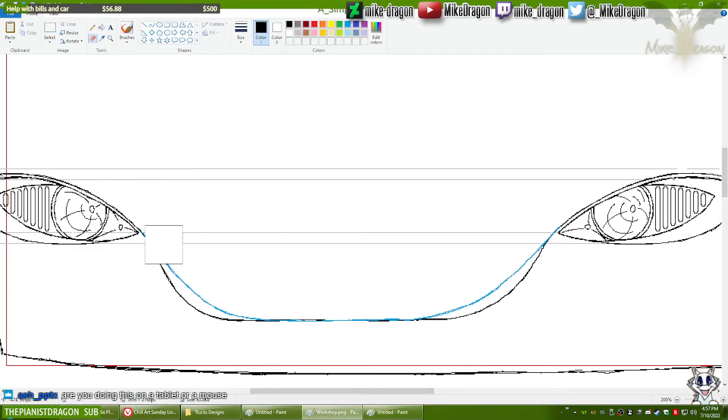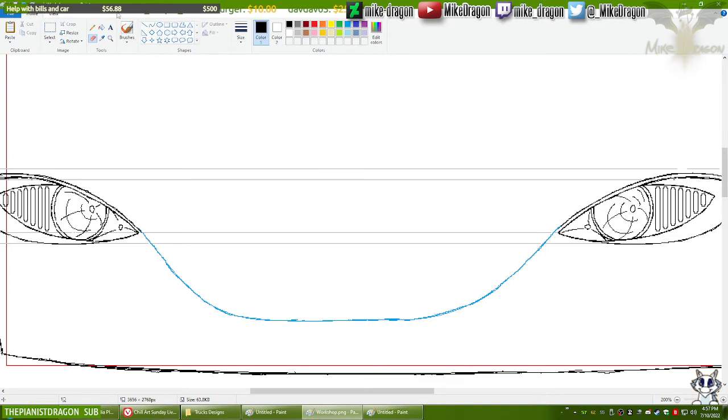Now let's see if this fix actually fixed it, or if I only made things worse. I'm doing this with a tablet, Ash. Tablet and a pen.